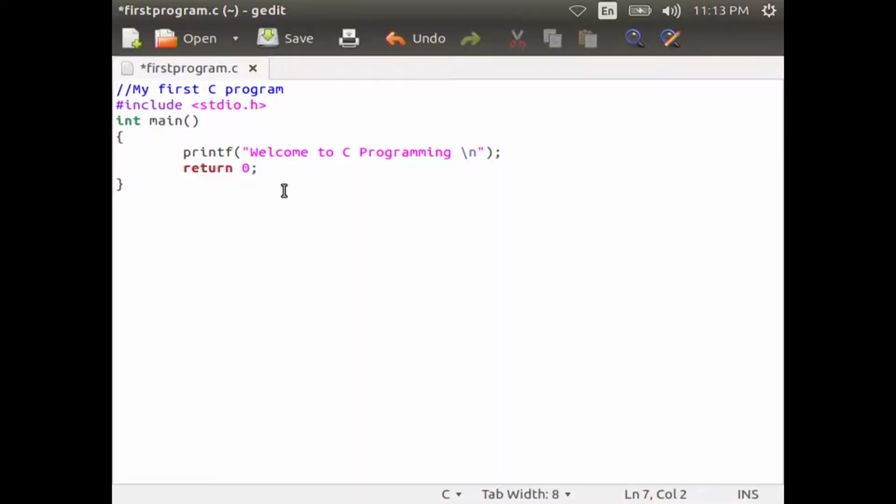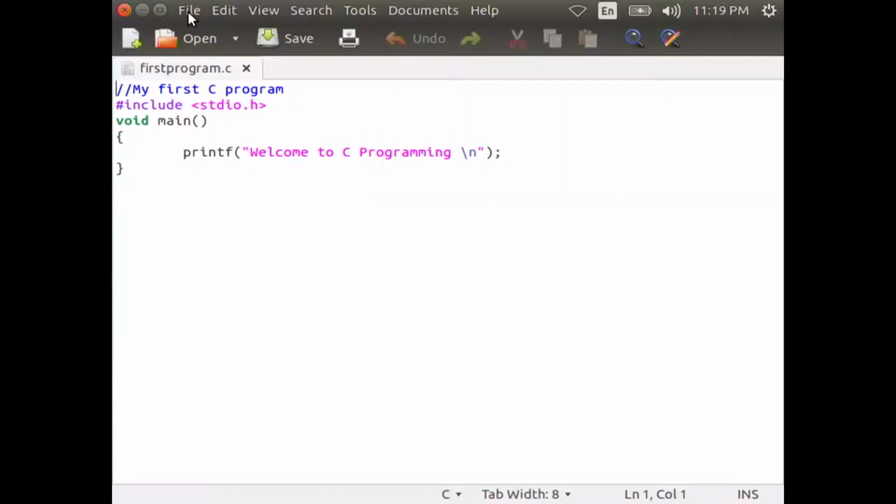Return 0 statement returns the integer 0. An integer has to be returned for this function because the function type is integer. You can also use void main instead of int main. Then return 0 is not required in your code. Void returns nothing. Here the return statement marks the end of the executable statements.